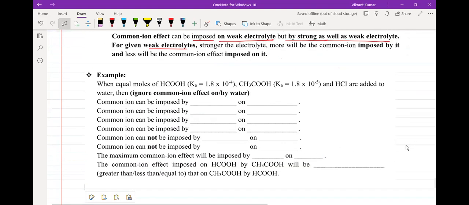Just try to solve this question, you will get the idea. न्यूमेरिकल कैलकुलेशन तो बाद में करेंगे हम लोग। This time we are just talking about किस पे इफेक्ट आएगा, कौन इफेक्ट लाएगा और कितना इफेक्ट लाएगा। That means qualitatively ज्यादा कौन लाएगा, कम कौन लाएगा, ज्यादा किस पे आएगा, कम किस पे आएगा। इस पूरी कहानी में मैंने वाटर को हटा के रखा है, that's why I have written here ignore the common ion effect of water. ऐसा नहीं कि इग्नोर किया जाता है, while answering the question ignore that part ना, क्योंकि सबसे ज्यादा गरीब तो वाटर ही है, ठीक है।